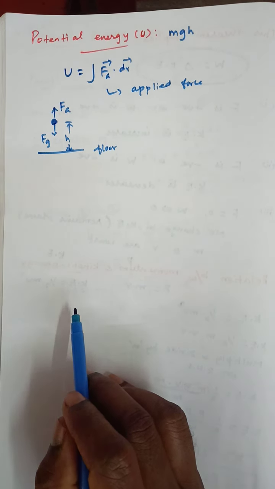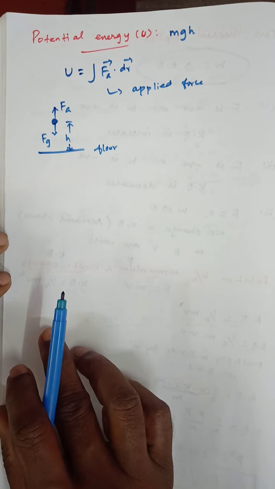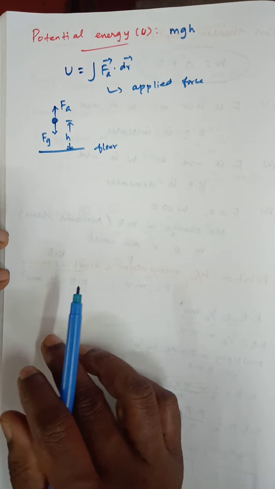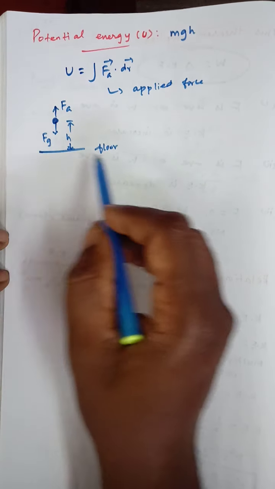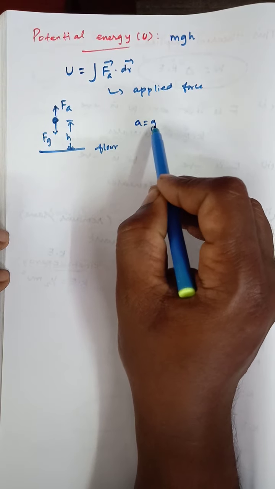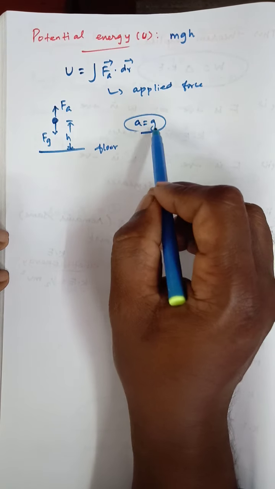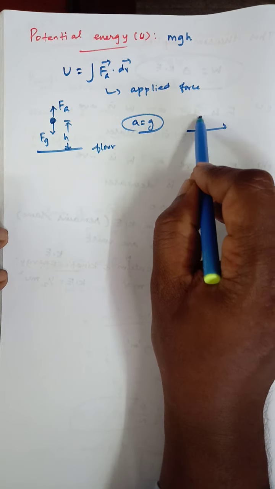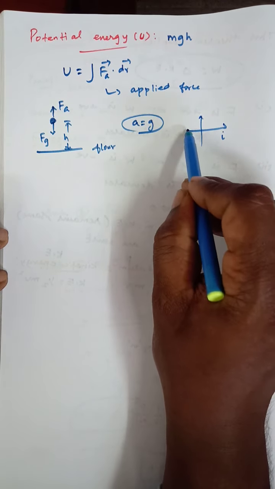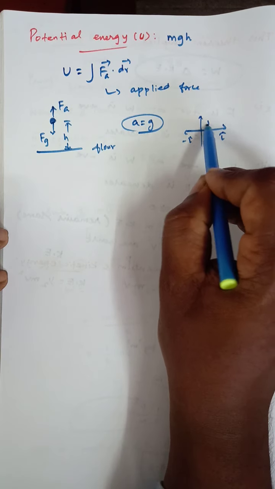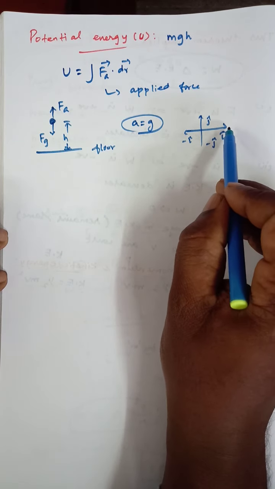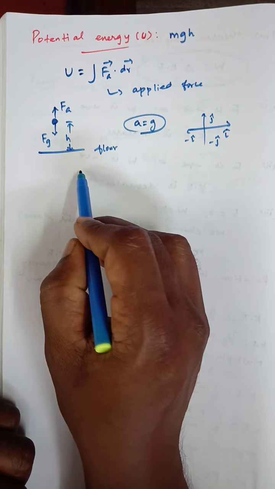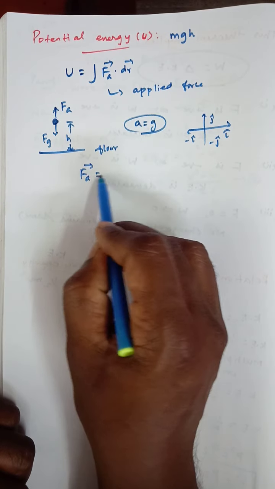Okay, so what are the forces acting on the object? That is the two forces Fa and Fg. So we are finding their values. Then see the acceleration due to gravity. So we write a is equal to g, acceleration due to gravity. This condition we are also applying here, and we know the directions: this is plus i, this is minus i, this is plus j, this is minus j. Okay, clear?